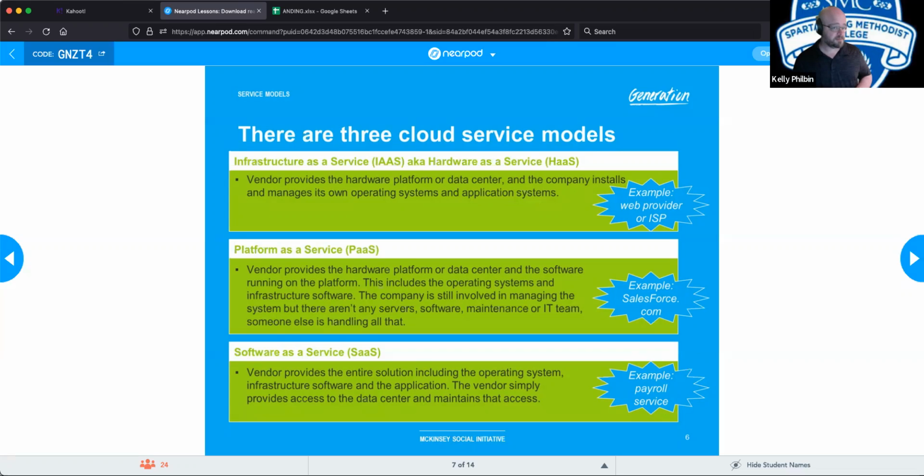No, you would be straight in platform because you would be developing systems to use somewhere else. Okay. So that would be firmly in platform. You're developing and scripting and writing systems and developing applications. You would be firmly in platform as a service. Okay. And so the hardware is just for the ISP people, like they're the ones.